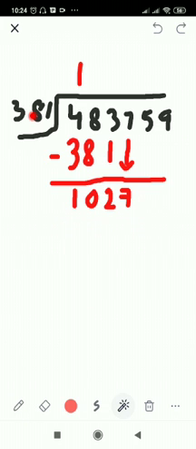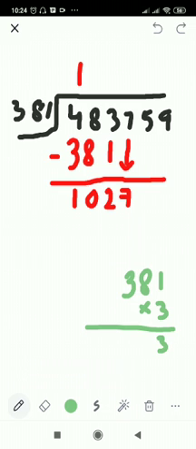So what do you think? We are going to find out how many times we should do 381. I think I'm going to guess here. Let's do it with 3. 381 3 times is how much? 3 ones are 3, 3 eights are 24, 4 here and 2 carried. 3 3s are 9 plus 2 is 11. No, now see here, we have got 1143, which is bigger than this number, so we cannot do it with 3.